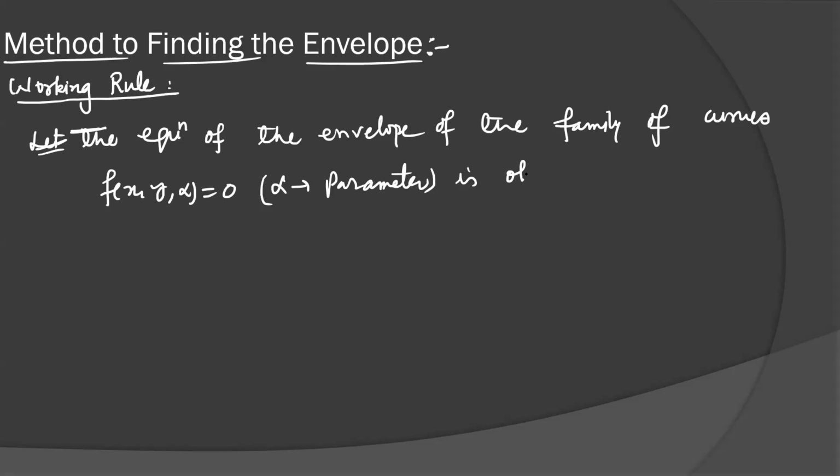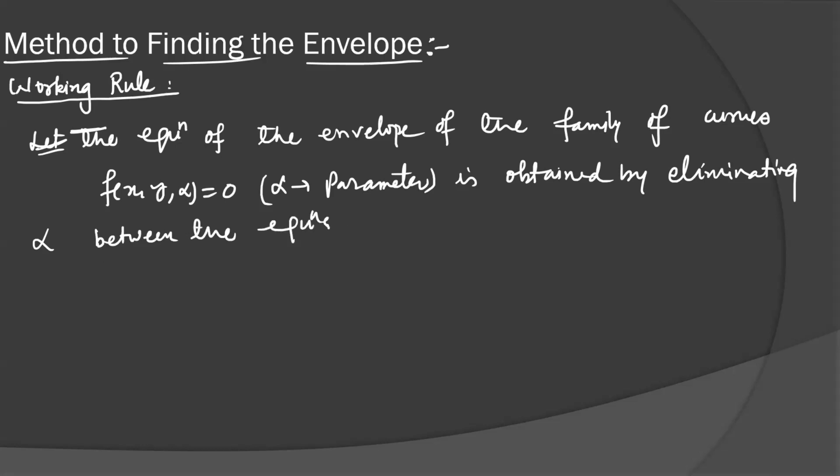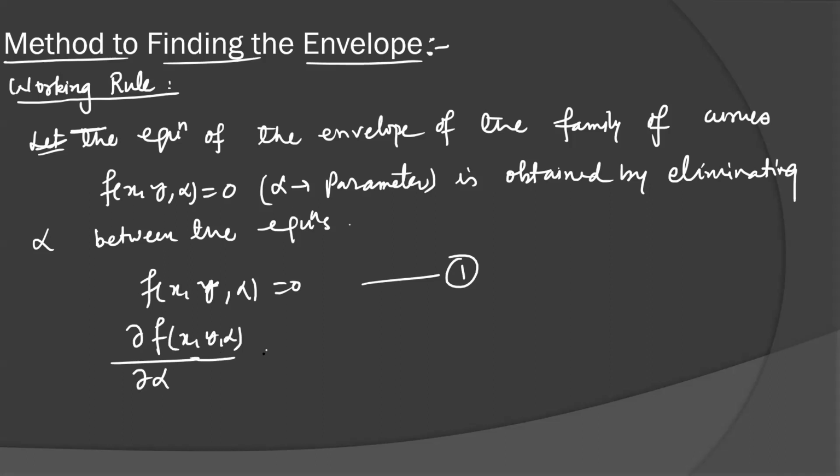is obtained by eliminating alpha between the equations. First equation is f(x, y, alpha) equal to 0 and the second equation is take the partial derivative with respect to alpha, del f by del alpha (x, y, alpha) equal to 0, equation 2. By eliminating alpha from 1 and 2, you can get the equation of envelope. One important point is here,